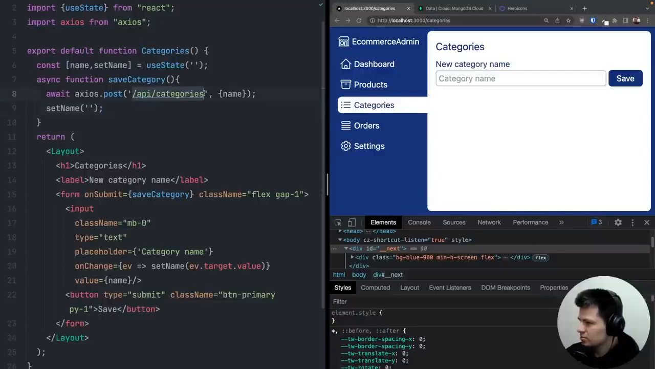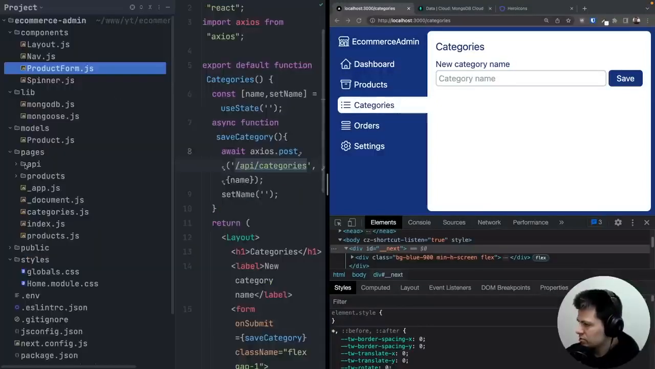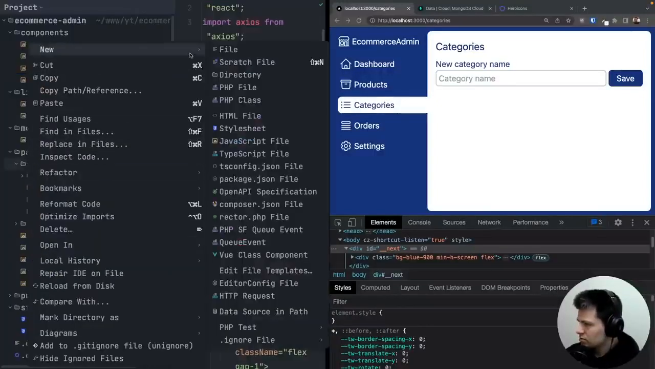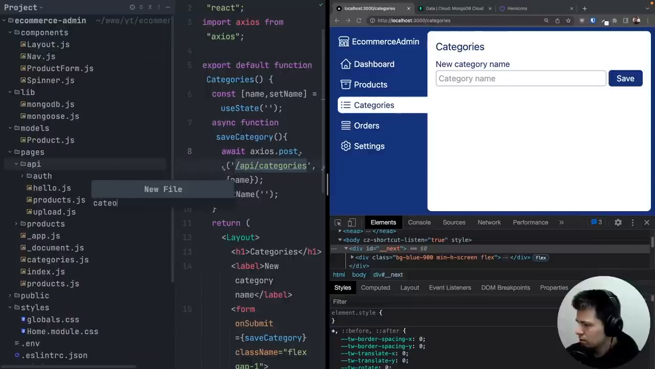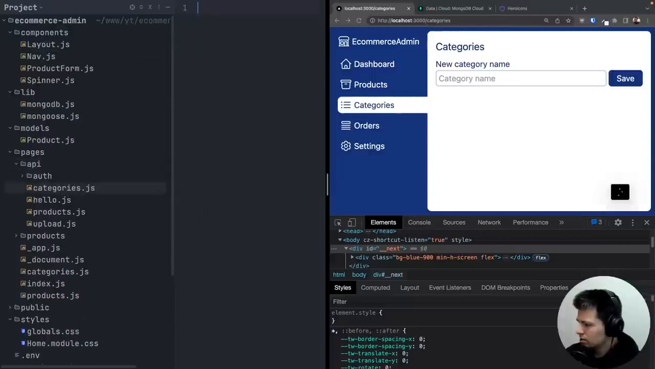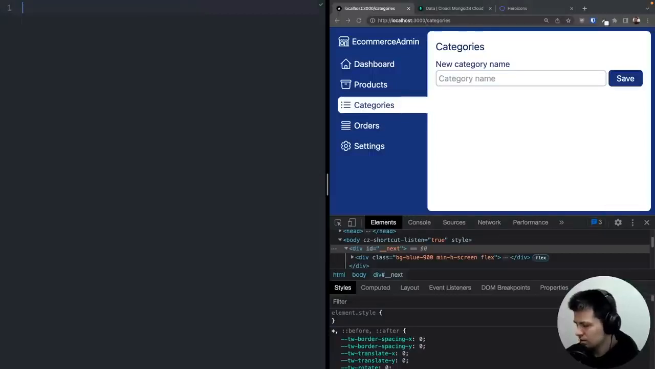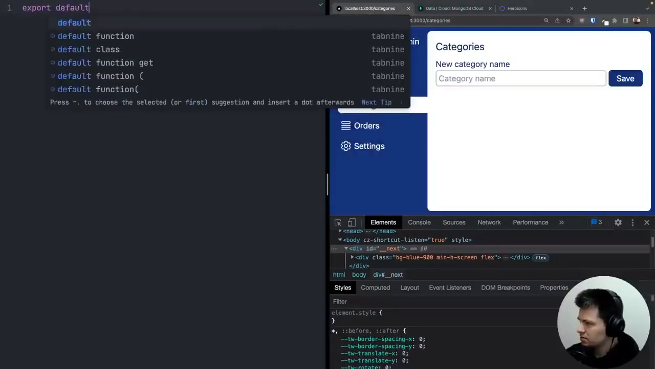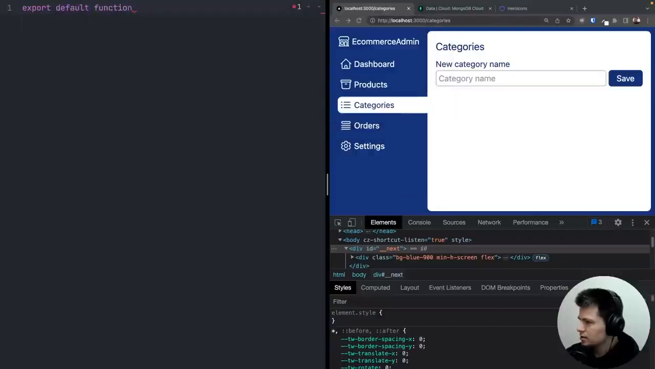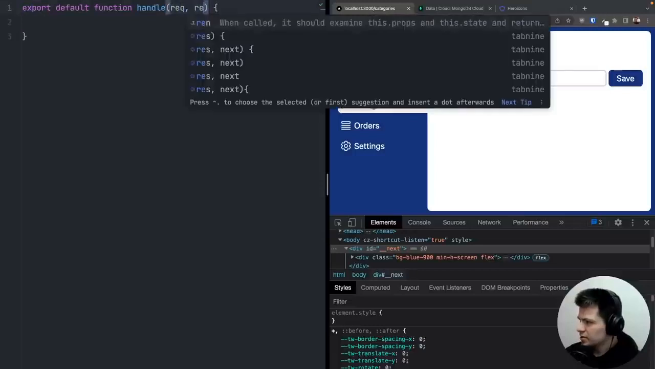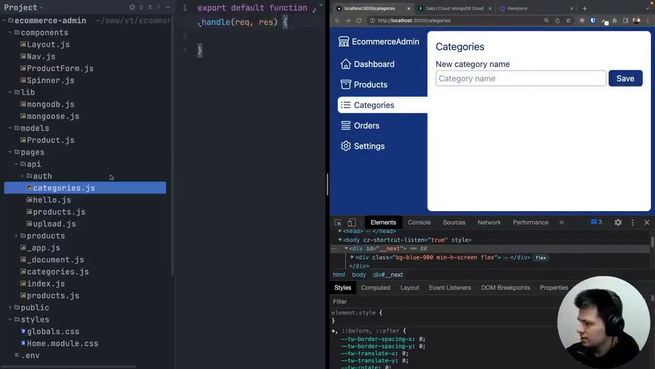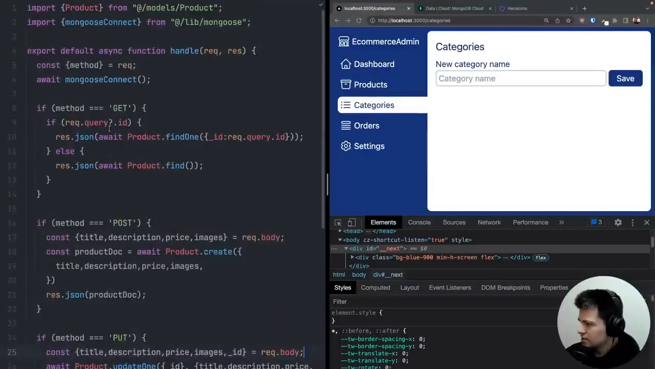So, of course, we need to first add this endpoint. So let's go to Pages API, and here let's do a new file, categories.js. And here inside, just do export default function, and it will be handle as for all the API handlers. And as always, we just get here request and response, right? And let's quickly check for the products. As you can see, we can just grab the method from the request,